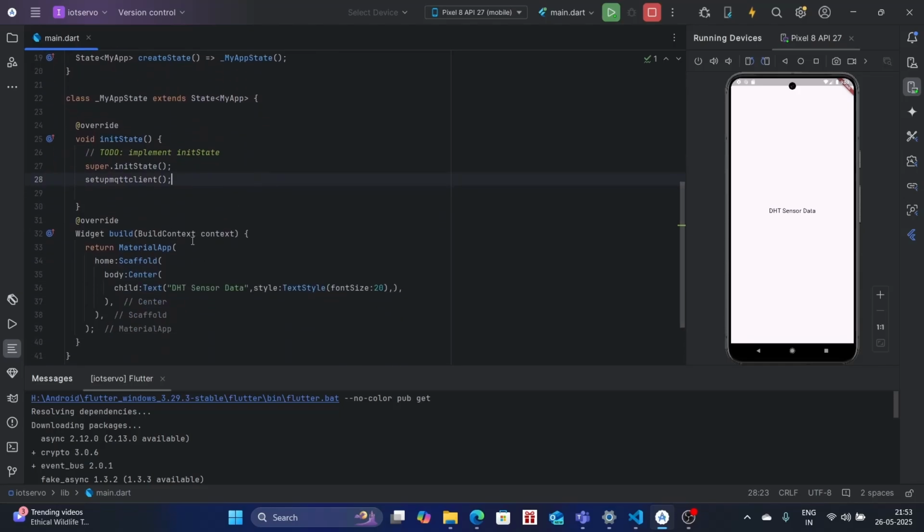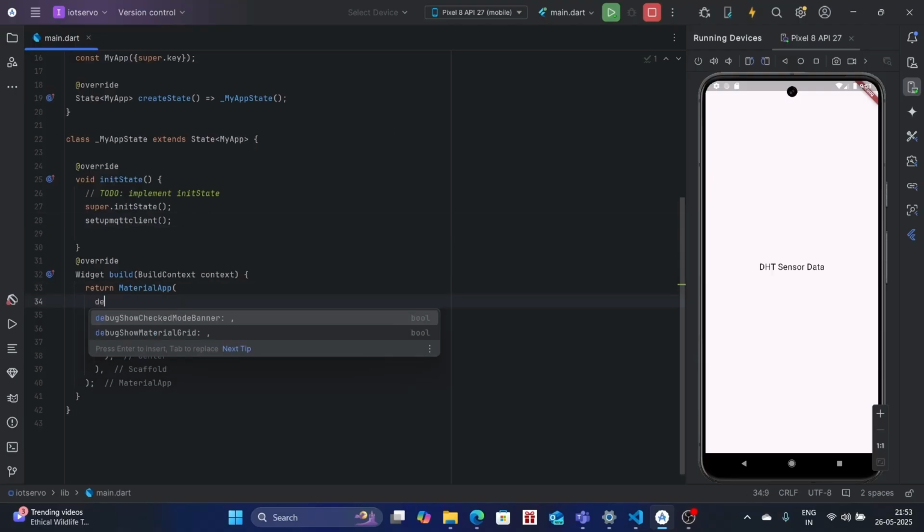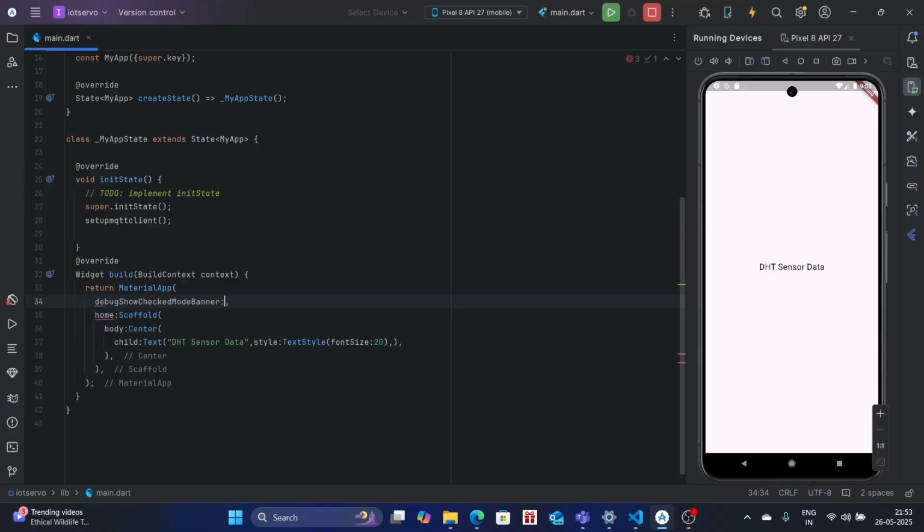So in the material app itself, you can just remove this banner over here. I'm going to minimize this so you can see it clearly. We can remove this banner by giving debug check mode banner as false. And after that we'll be removing all of this part,